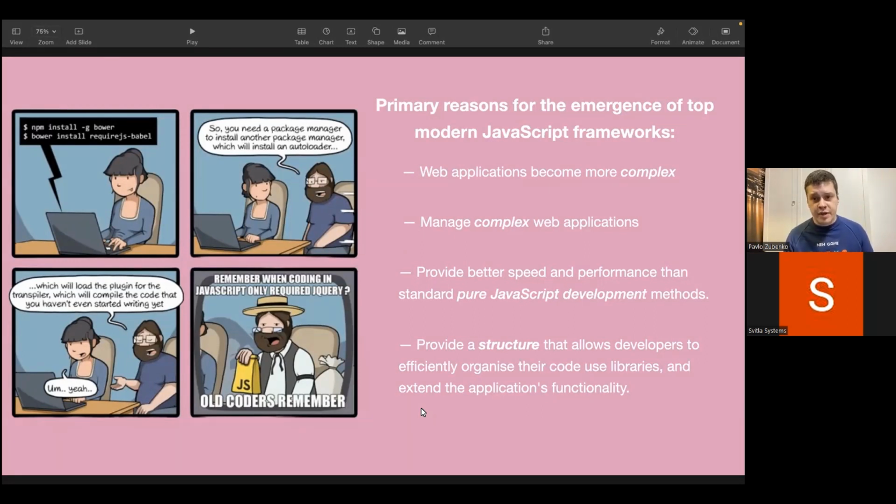We have to provide better speed optimization, code optimization, and so on. We need build tools, build instruments to provide and optimize our code. And we need a more flexible and understandable code structure, which actually provides a more flexible development process and so on.